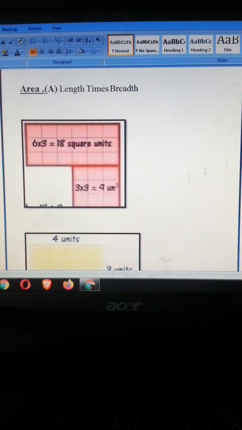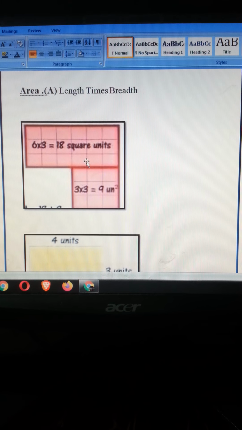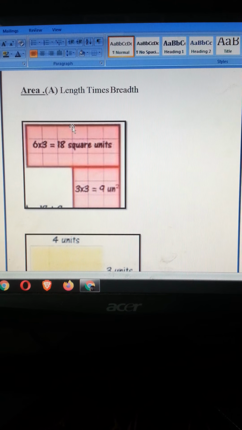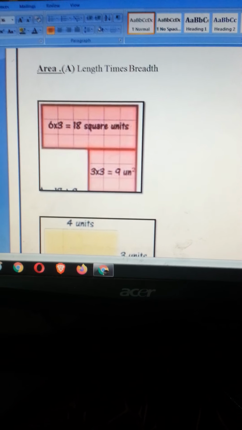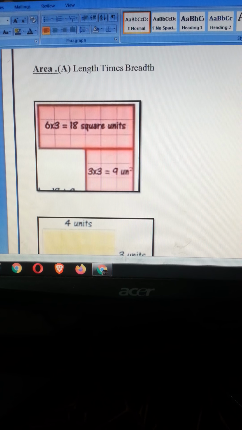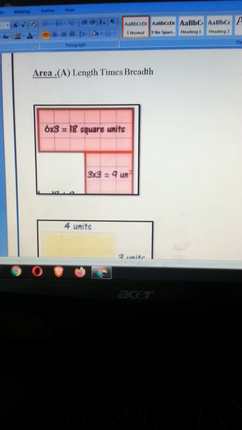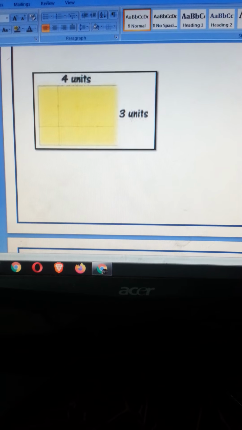Okay, so similarly, if you are having any shape without the grid or without the squares within, you are going to just look at the side figures. You must be given some numbers over there, and you are going to apply the appropriate formula, and you will get the answer for that. So in this video, we are just understanding the 3 basic figures, which are triangle, rectangle and square. Let's move on to the next figure.